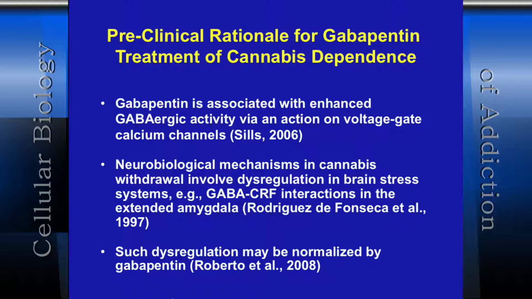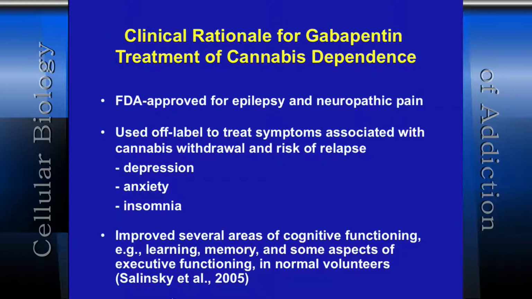Very similar rationale. Fernando Rodriguez de Fonseca, and Rodriguez de Fonseca is the last name. Fernando is the first name. It's very long. Anyway, he showed that very similar effects were found in the amygdala in terms of the GABA-CRF interactions in animal models of cannabis dependence, like in alcohol dependence. Oh, and the other thing is,